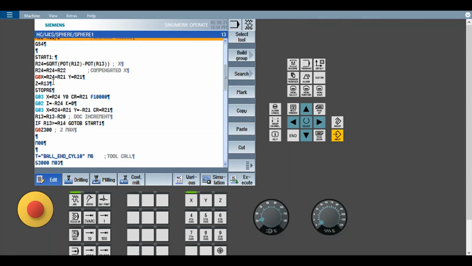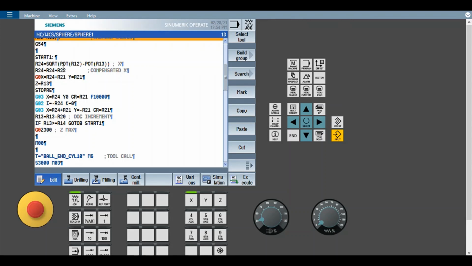Then here the program start one is a label. Here the calculation starts. This x position is calculated using Pythagoras theorem. You know the sphere radius and the height. Height means Z value.